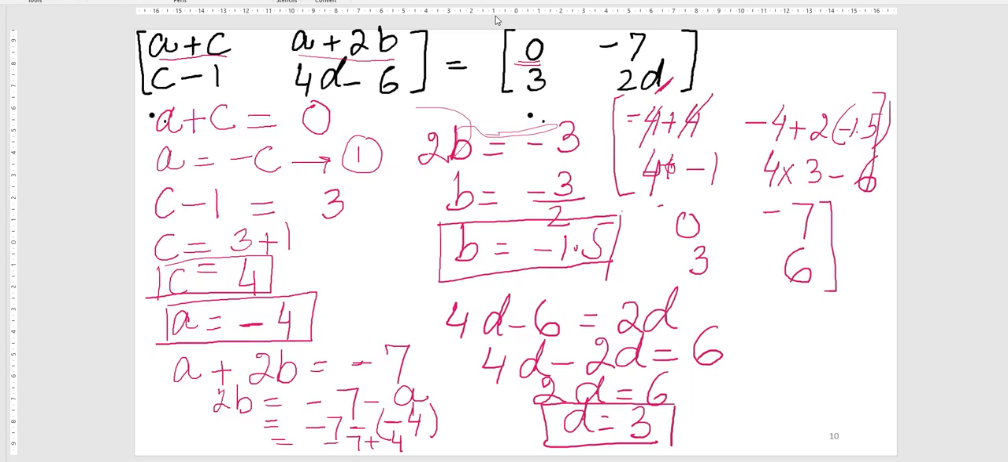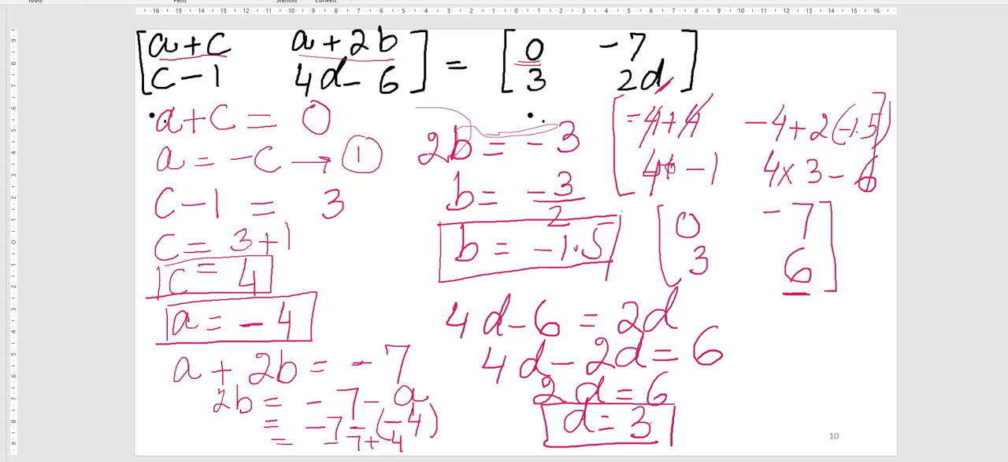So see, all is same, 0, minus 7, 3 here. This is the tricky part. I told you this is 2D and here is 6. So the value of D we have calculated is 3. If we put 3 here instead of this D, so 3 multiplied by 2, which is 6. So here we have 6. It means left hand side is equal to right hand side, and you have calculated the value of A, B,